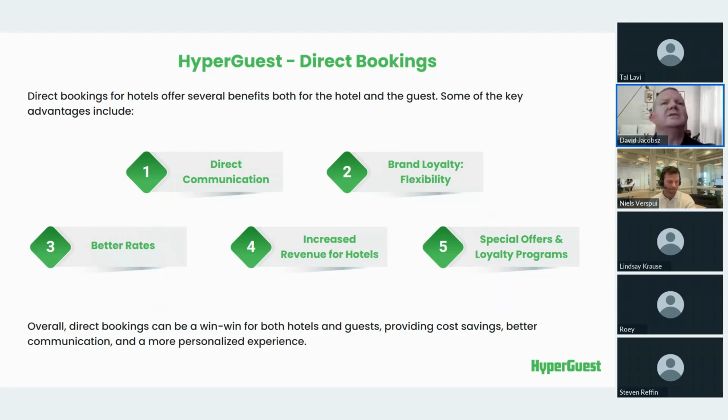And then with having direct bookings, of course, you're going to be able to offer all those specials during peak periods, during off season, depending on if you're a seasonal hotel or guest house or resort. You will be able to offer better deals or special offers to your loyal customers. As you know, all those various big hotels, they all have loyalty programs. So how are you going to compete against those, let's call them the big boys? Now, by having direct bookings, it will be much easier for you to sell your loyalty program to those loyal customers of yours. So it's so important for you to increase your direct business.